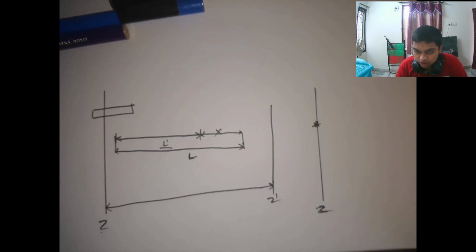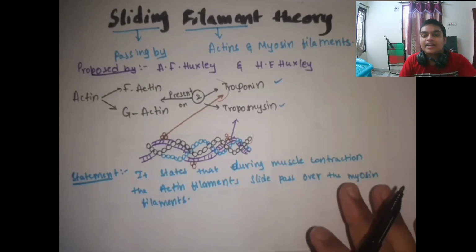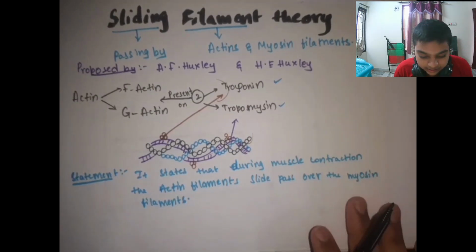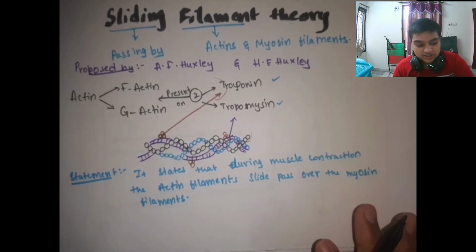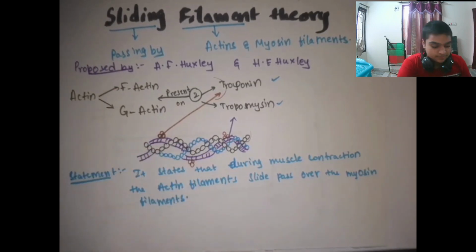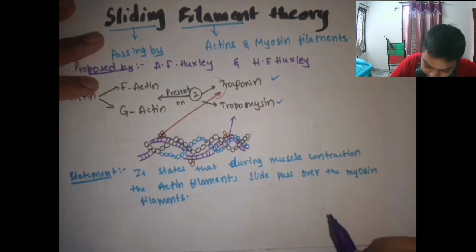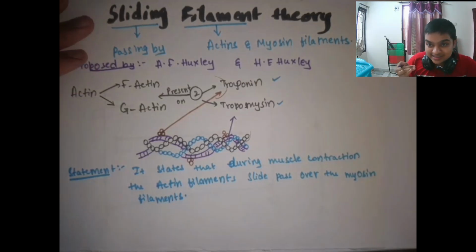No confusion, no confusion. Now let's move on to how this sliding gets initiated. First of all, who is the one who initiates this sliding? For initiation of sliding, we require a signal from the CNS, the central nervous system, or our brain. Our brain, the CNS, using the somatic nervous system, sends a signal to the